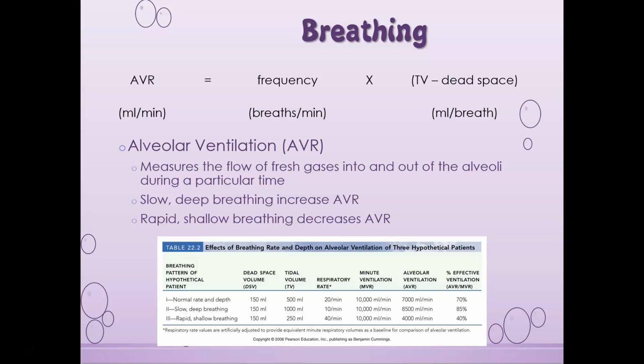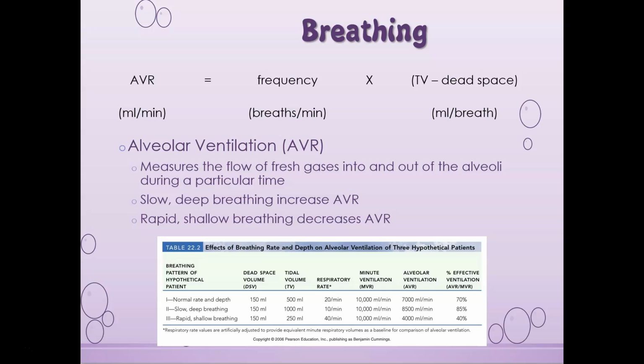So it measures that flow of fresh gas. So we can use this for a whole bunch of diagnostic techniques. Asthma might be one. Your AVR is not adequate to a normal resting level. We also look at just, are you taking short, deep breaths, rapid, shallow breaths, and how does that end up